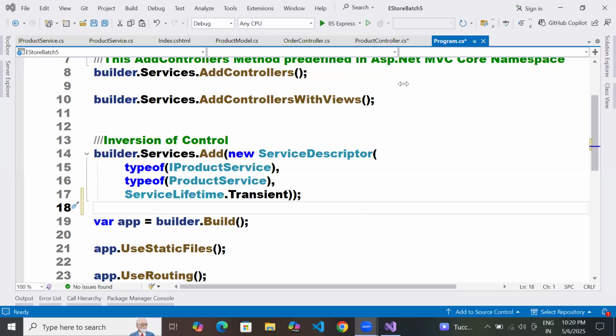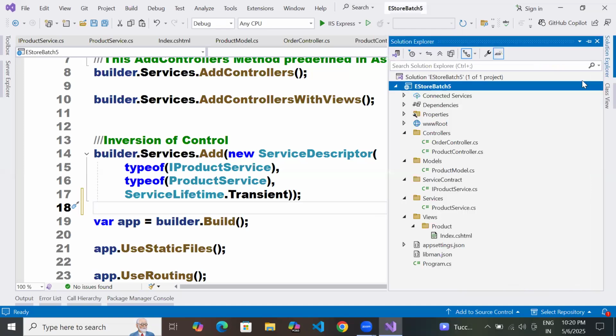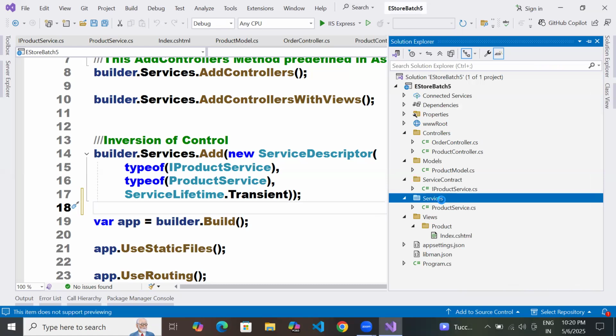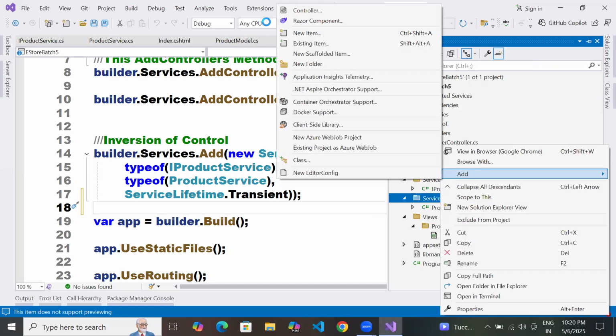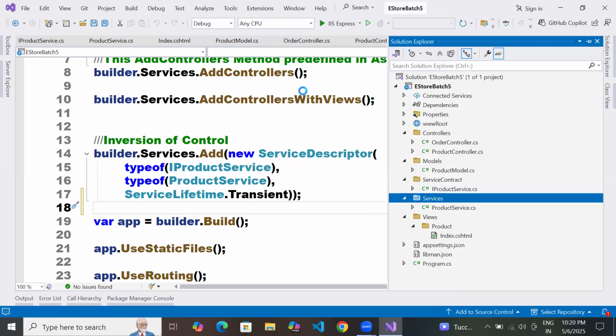Let's take an example. Let's try that. We'll see what will happen. It's a good question. In the services, I'm creating an order service.